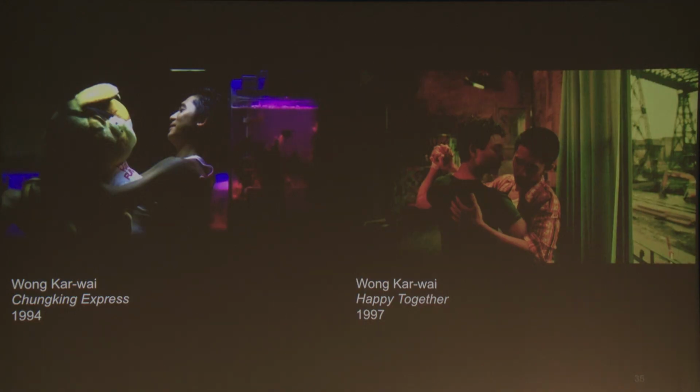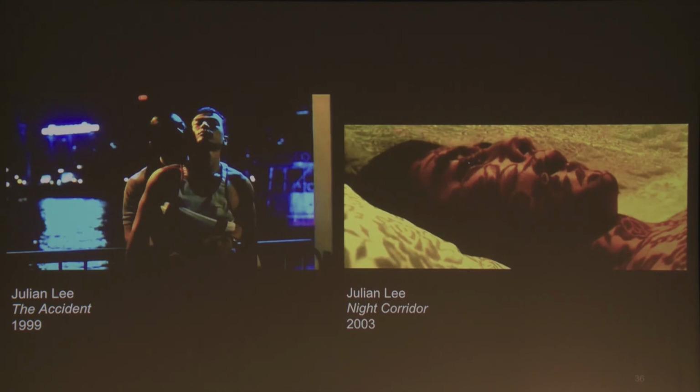It would have been too obvious for us to present Happy Together, Wong Kar-wai's film, about a couple in their relationship, having some relationship issues in Argentina. We instead selected an earlier film, Chungking Express, in which there are kind of ambiguous relationships, people who don't connect, relationships with inanimate objects. But we also...